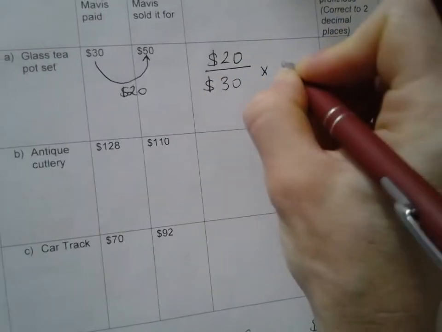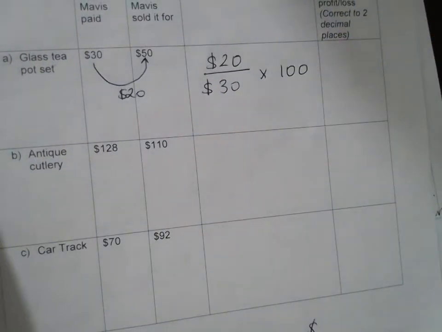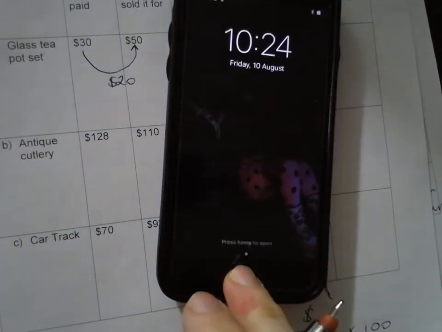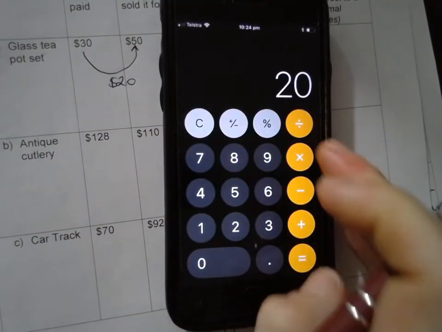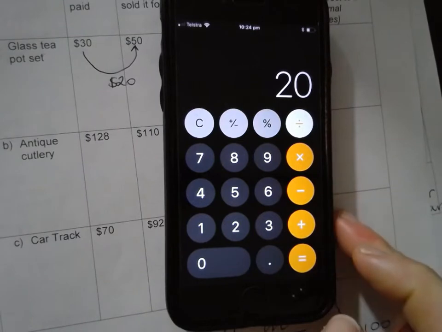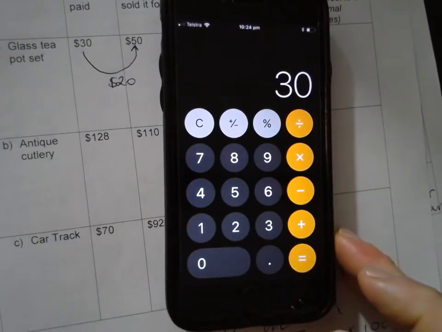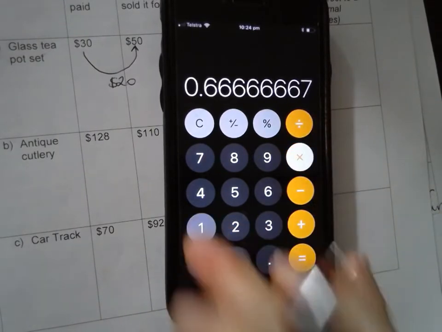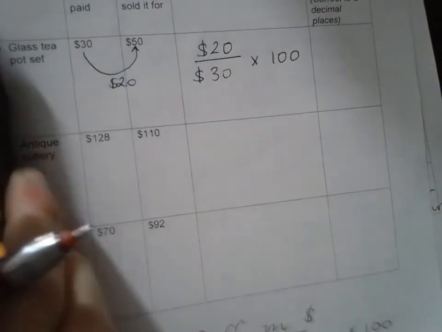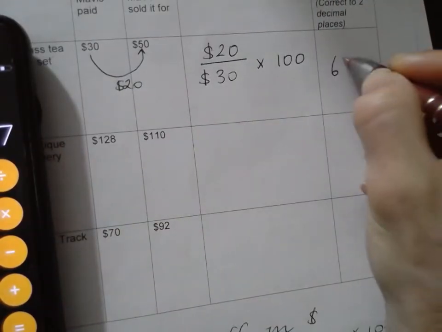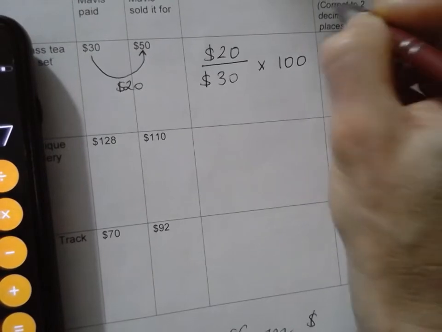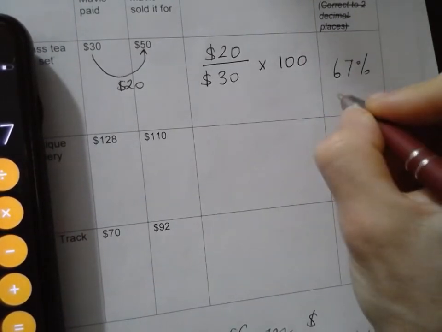Then we times that by 100. On a calculator it just looks like 20 divided by 30 equals times 100. So let's just say it's 67% profit,